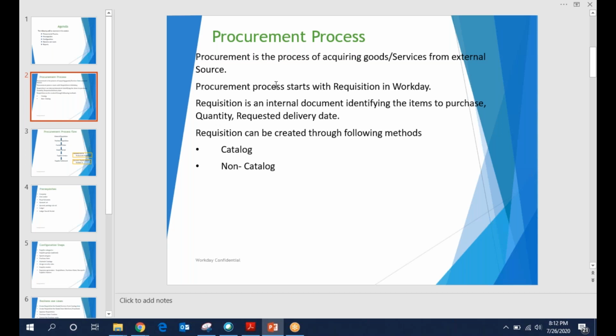So a requisition is nothing but a draft document. It is not at all sent to the seller. The one who sends the requisition is a buyer. There is no accounting entry generated within the requisition, and it is purely an internal document. A requisition is nothing but a request to buy.